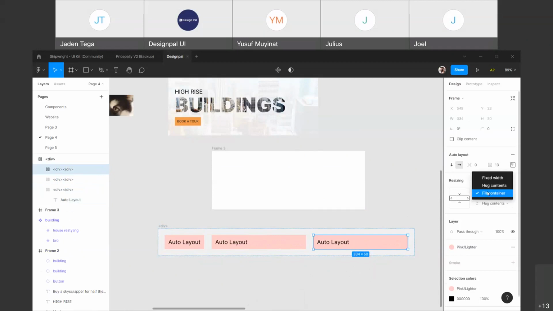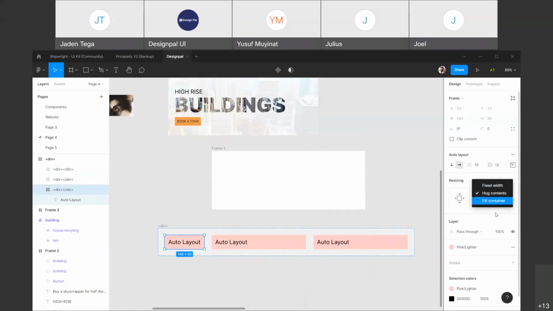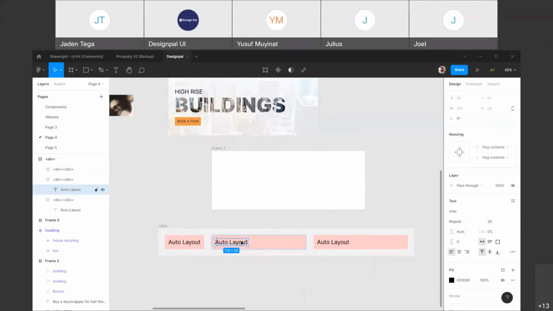So you can always play around with this. You can say this is all content, this is all content. This always fills the container. You want these two to fill the container, this is all content. So you can always play around with these features, right? You can set this one. So you can say, for example, you don't want the text to go past this part when you start typing. Currently it's in all content, so that means if I keep typing,